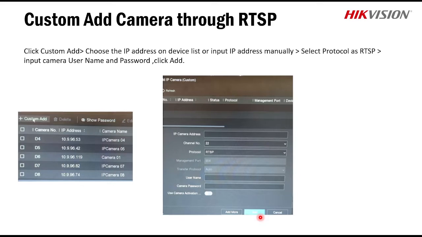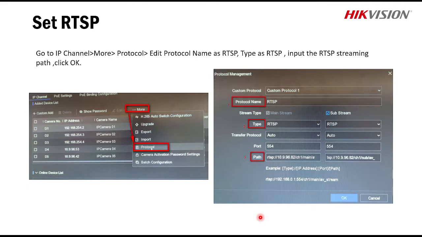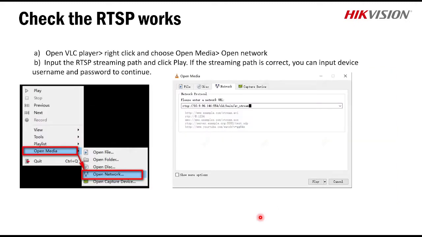So hope you have understand कि RTSP प्रोटोकॉल के जरिए आप कैसे इस कैमरास को ऐड कर सकते हो। कस्टम एडिंग के ऑप्शन के थ्रू आपको RTSP स्ट्रीमिंग के जरिए कैमरास को वहां पे ऐड करना है। सो दिस सेट RTSP स्ट्रीमिंग सेट किया एंड उसके बाद हमने कस्टम एडिंग में कैमरा ऐड कर दिया।